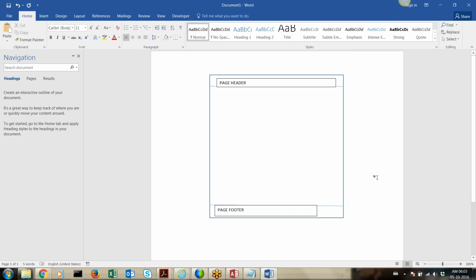Okay, so if I have multiple pages, I will have the same thing, but what I will also have is